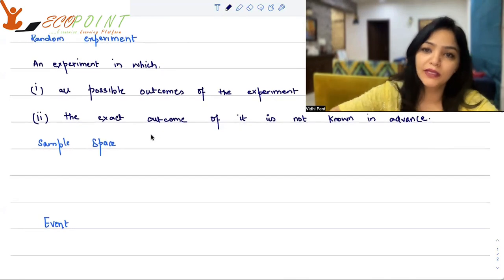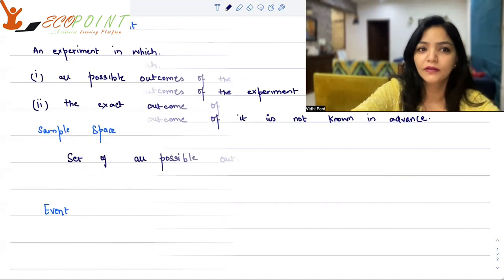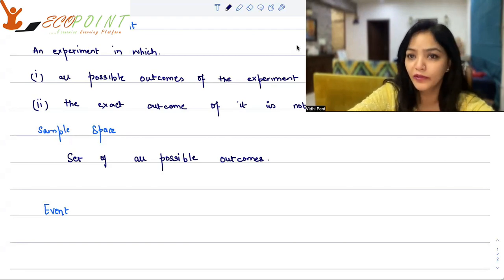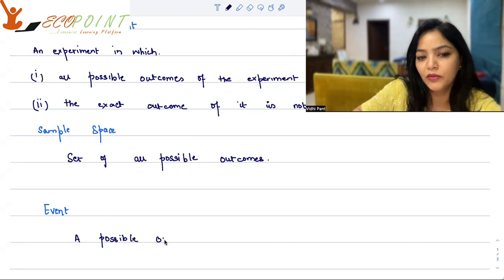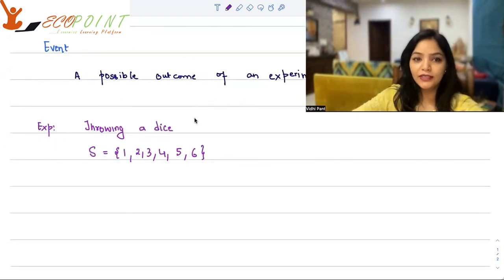Now, a sample space is a set which consists of all possible outcomes. From a sample space, you can define events. An event is basically a possible outcome of an experiment. Let me give you some examples. Suppose the experiment is throwing a dice. Now your sample space is what all outcomes are possible. All possible outcomes means you can get 1, 2, 3, 4, 5, 6 from a fair dice,